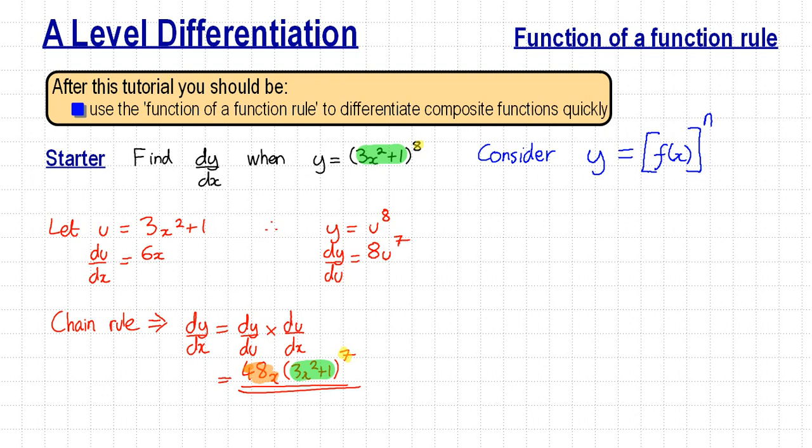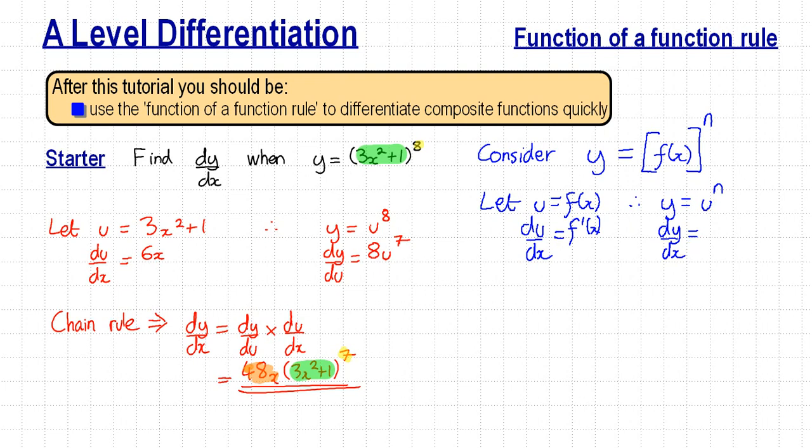Following through on the normal strategy, we would let u equal f of x. Therefore, we would have y equals u to the n. And what we'd normally do is differentiate both of them. So here we'd get du by dx, which is the derivative of f of x, as we need to differentiate f of x. And here we'd get dy by du equal to,